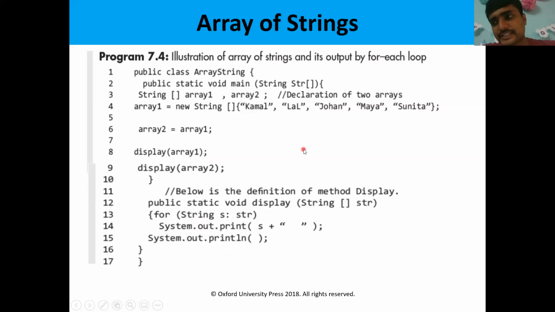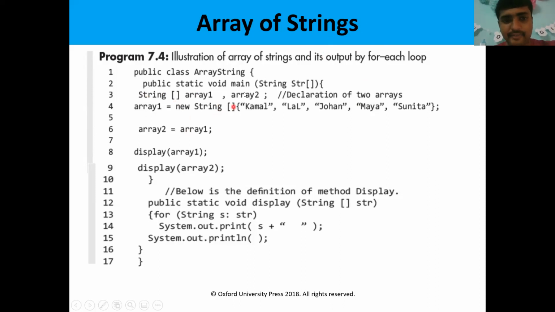So next, array of strings. In Java we have only character data type. String is a class, a predefined class in Java. So this is a non-primitive data type. We can treat it as non-primitive data type. That means it is a class name. String is a class name here. So in the util package we have the class called string. We can use the class names as data types. So those data types are called non-primitive data types.